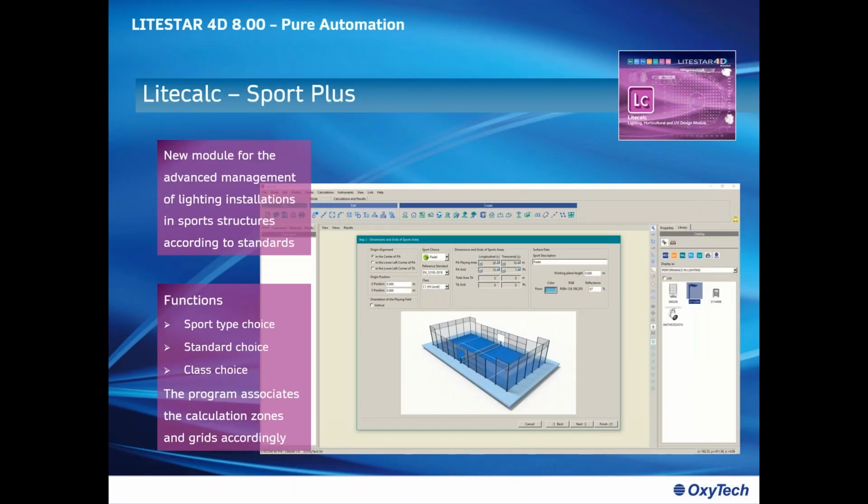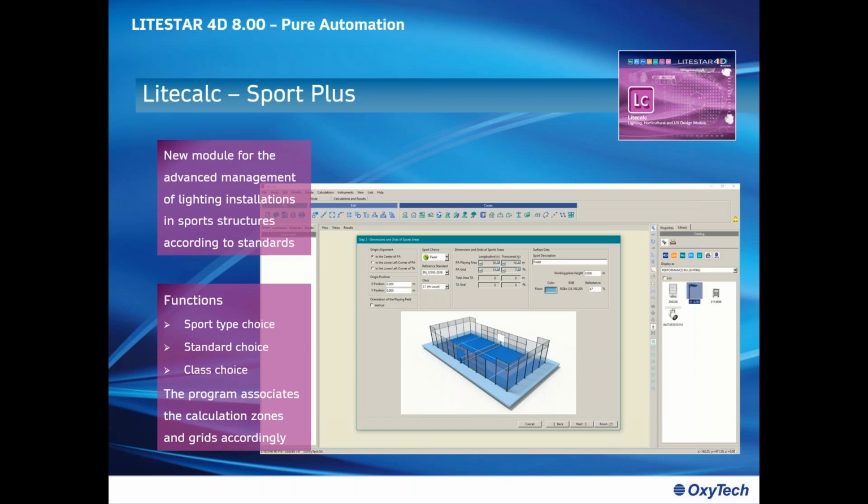Sport Plus. It was a huge work and a huge implementation at the end in order to introduce the advanced module for sports area lighting. So it is working in this way. First of all, you select the sport. Then in function of the sport, the list of the available standards will appear over here. So for example, if you select football, then the list of the standards will be based on the European standard